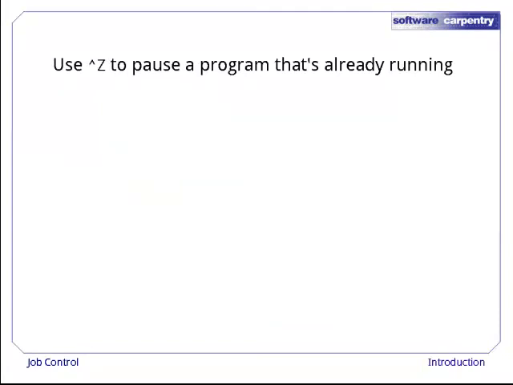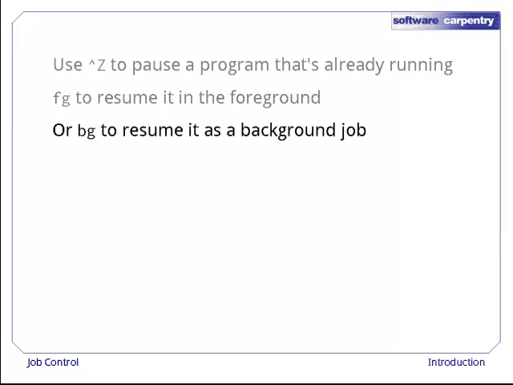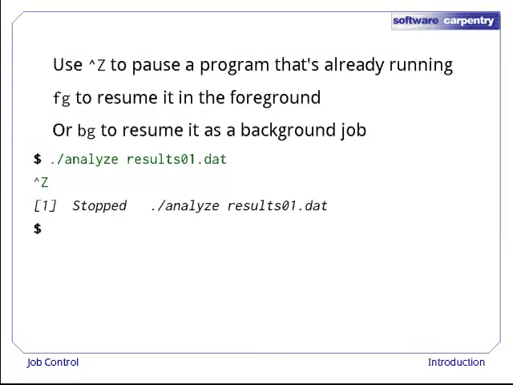The shell gives us one more tool for job control. If a process is already running in the foreground, Ctrl-Z will pause it and return control to the shell. We can then use fg to resume it in the foreground, or bg to resume it as a background job. For example, let's run analyze again, and then type Ctrl-Z. The shell immediately tells us that our program has been stopped, and gives us its job number. If we type bg %1, the shell starts the process running again, but in the